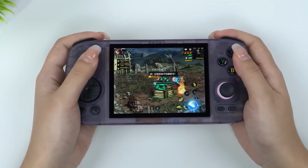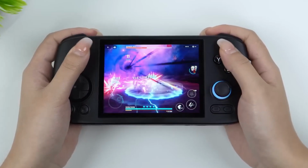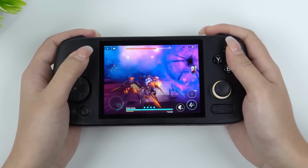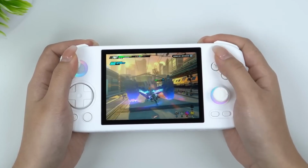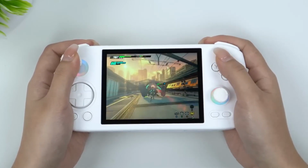With this chipset, the Anbernic RG556 was able to be a valiant competitor against the Retroid Pocket 4 and 4 Pro, pricing itself right in between those two devices. You can even find the 556 on sale right now for about $150, which is an amazing deal. And now with the announcement of the Anbernic